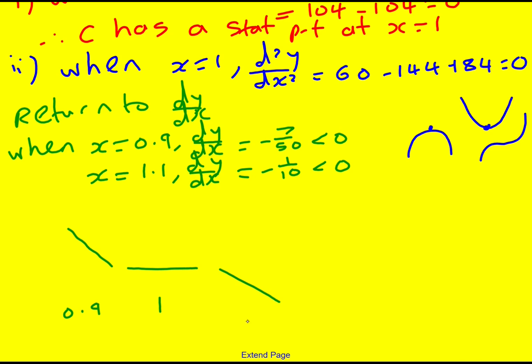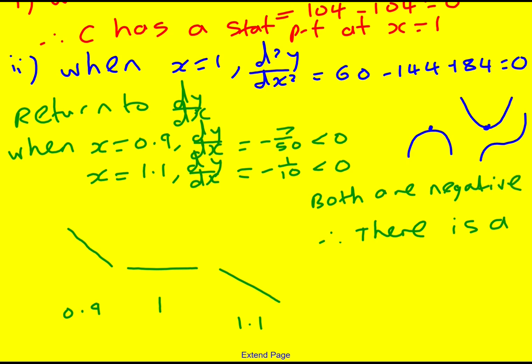So again, it's going to look like that at 1.1. Therefore, it's enough to say both are negative, or negative either side. Therefore, there is a point of inflection